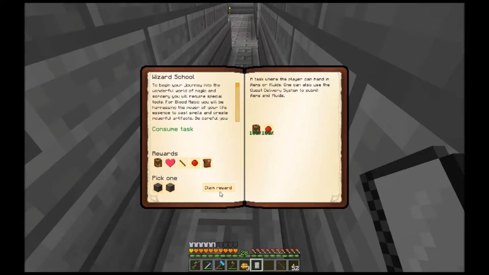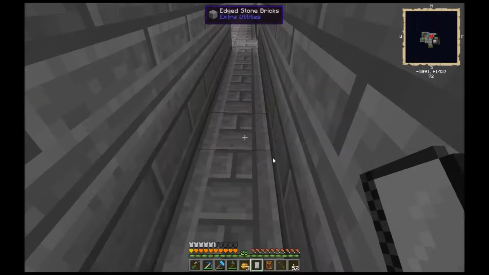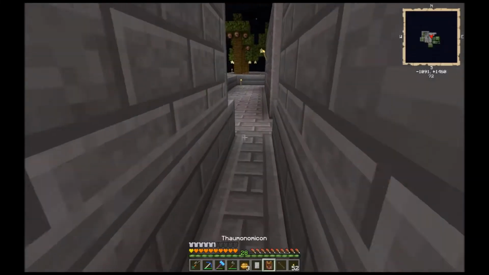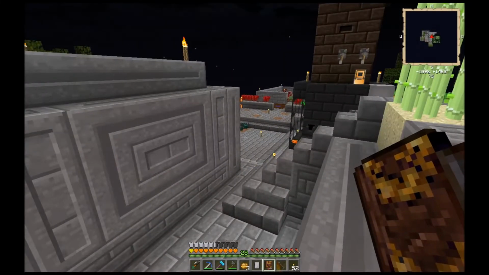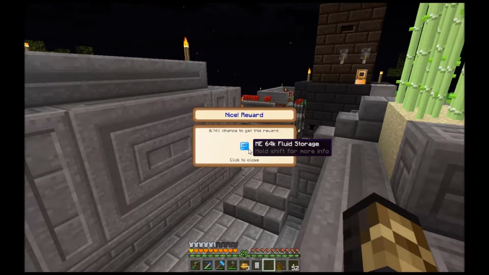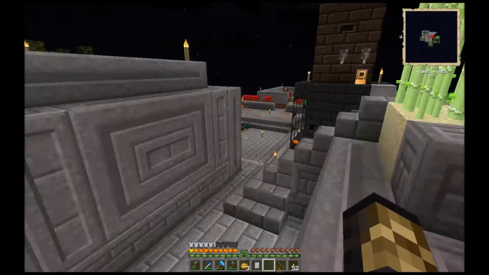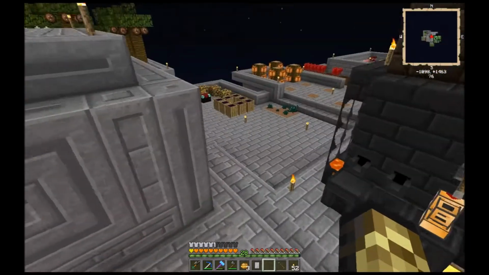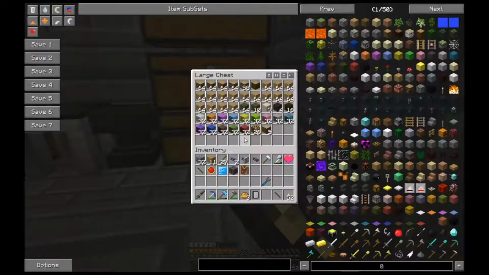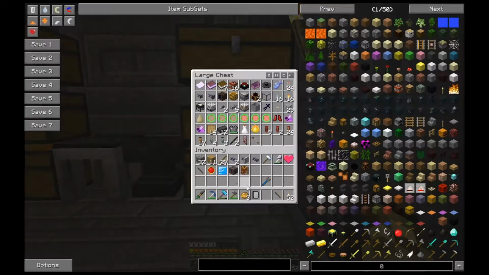Now what do we want? I think a Rune of Sacrifice sounds great. I believe I can use that to get mobs' blood instead of my own. And we get a greater reward. Oh, a 64k fluid storage. That's not bad at all. I'm not going to use that right now, but I may end up using that for...